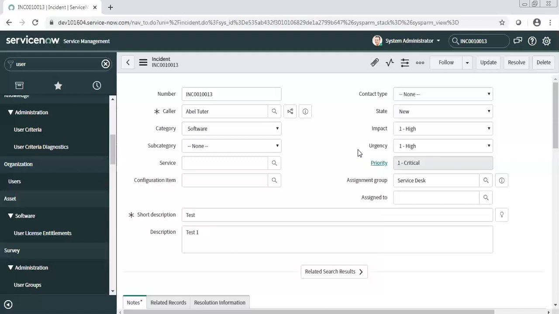We share the API of the import set table with the third-party tool, and they put all the incident records in our import set table. From the import set table we can use transform scripts and transform maps to map the correct data to our incident table.